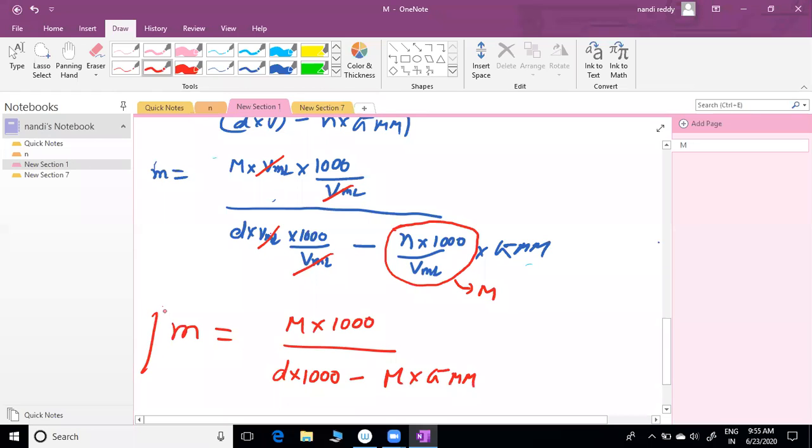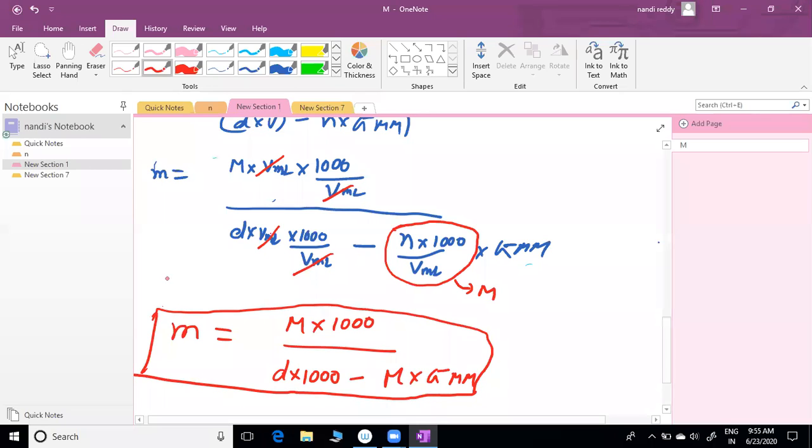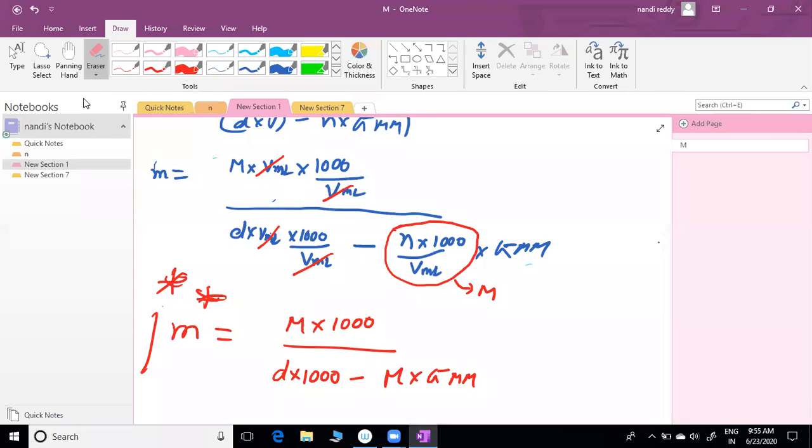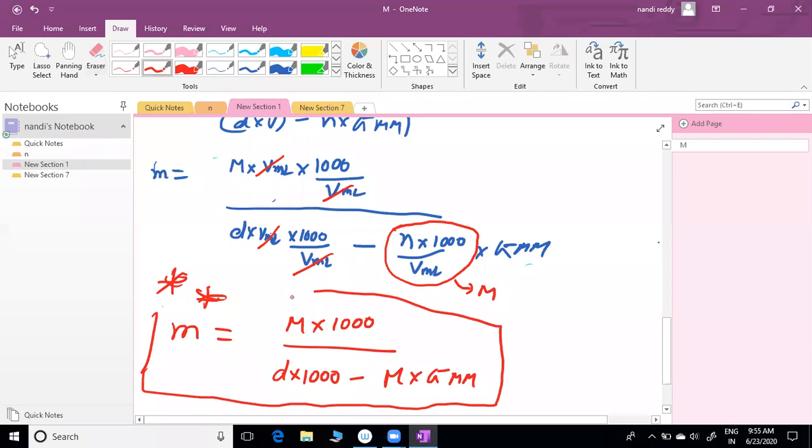This is the formula. Yesterday we gave it without 1000. That is the reason we didn't get the answer, sir. Please correct this formula. This is the final formula. Please note down the molarity and molality relation. Yesterday we didn't give it in terms of 1000. Please note this down. This molecular weight is of the solute, sir.